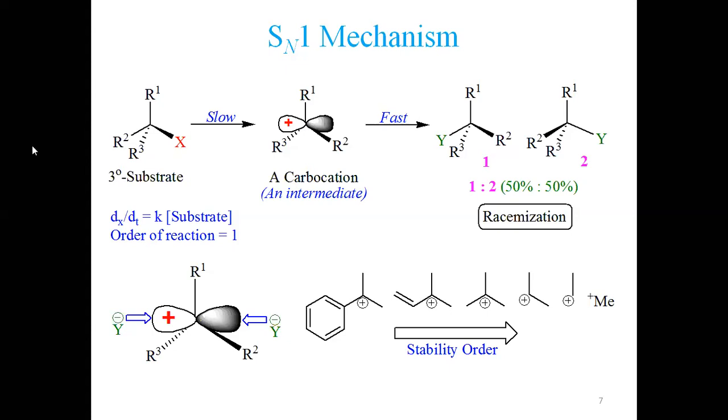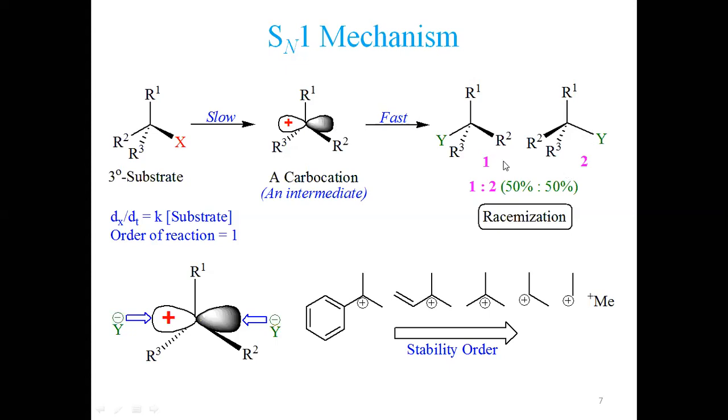Now look at this pi orbital which is present here, unhybridized. It has two sides. A nucleophile can approach from this side, or from the other side, because the electron density is zero in the center and maximum at these places. So what shall happen? The nucleophile shall approach from this direction, or it shall approach from this direction. Since there are equal opportunities, if the nucleophile approaches from this direction, it shall result in this isomer. If it approaches from this side, it shall result in this isomer.